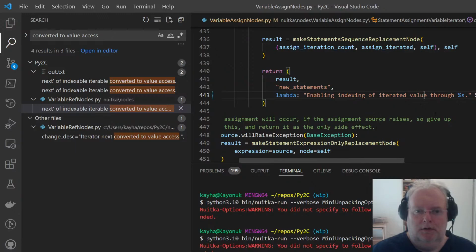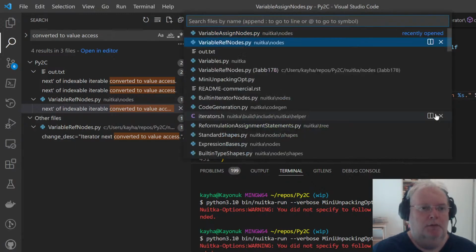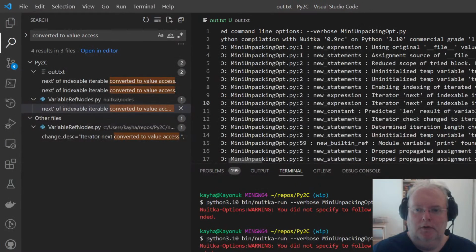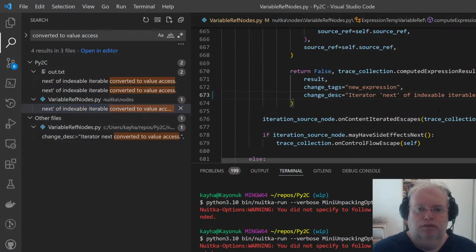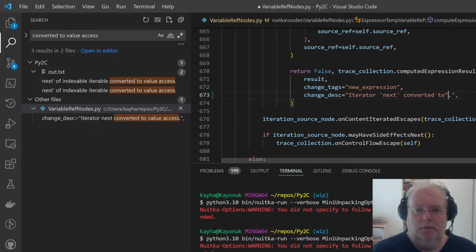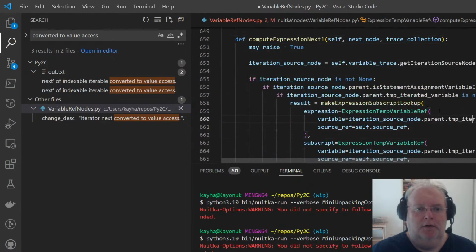Okay, and we were working with this converted to value access. Iterator next converted to %s, where's the owner? I think it deserves a name, doesn't it?